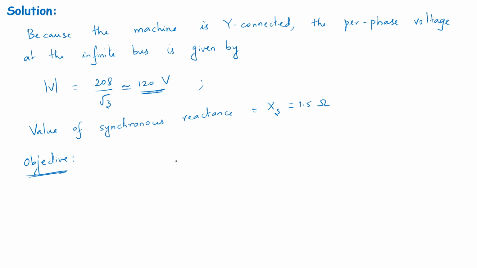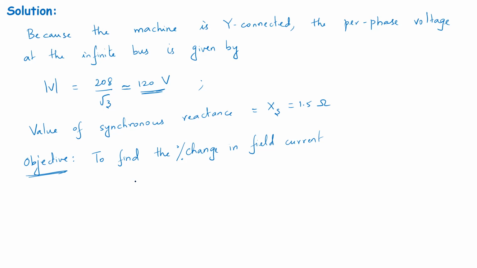The magnitude remains the same, the real power remains the same, but the power factor of the infinite bus or the current now is unity. So basically the machine is supplying 10 kilowatts of power at unity power factor. So the objective is to find the change in field current. I would rather say to find the percentage change in field current, okay, with respect to its initial value.